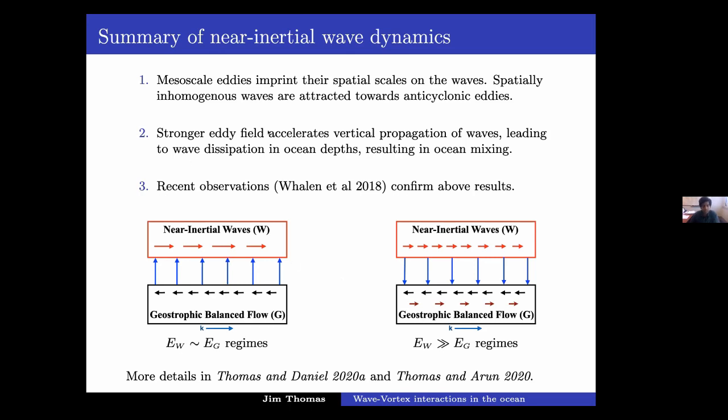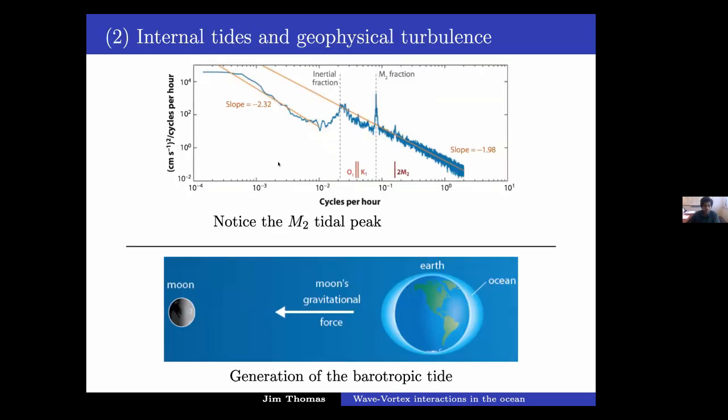So that summarizes the dynamics of near-inertial waves in the upper ocean. We'll now move on to the second dominant wave field in the ocean. In the first movie that we watched, I showed you this global scale simulation. Tides are the second dominant waves in the upper ocean that we saw in that movie. This is the typical frequency spectrum that you see in the ocean based on observations. The wind-generated near-inertial peak was here. So this was the previous part of the talk. Now we'll move on to this particular peak, which corresponds to